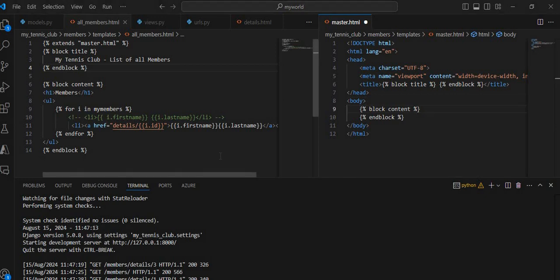And if you follow all the steps till now, according to my updates in the code in master.html, all_members.html and details.html,